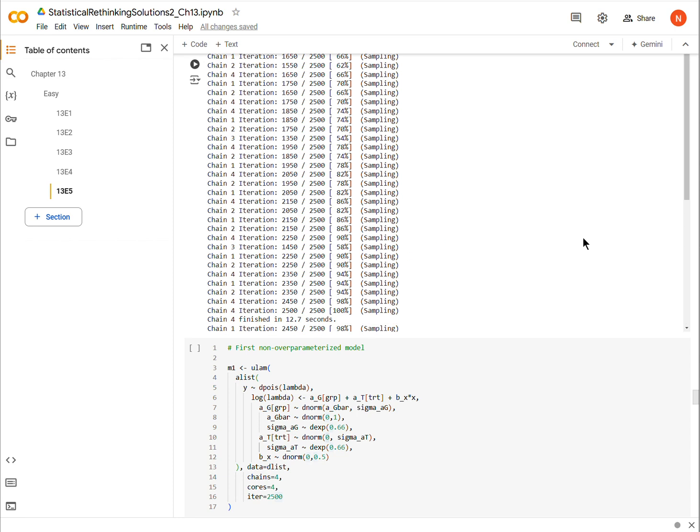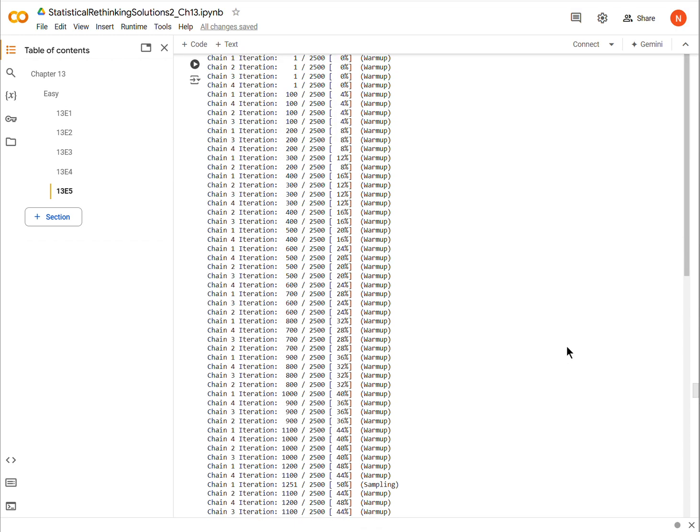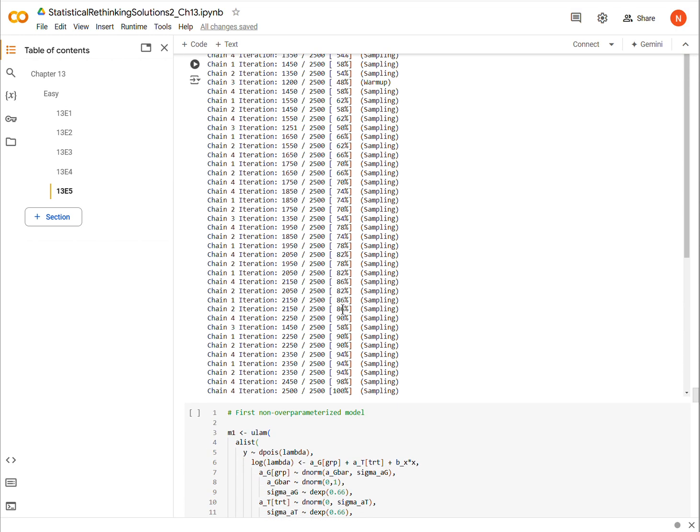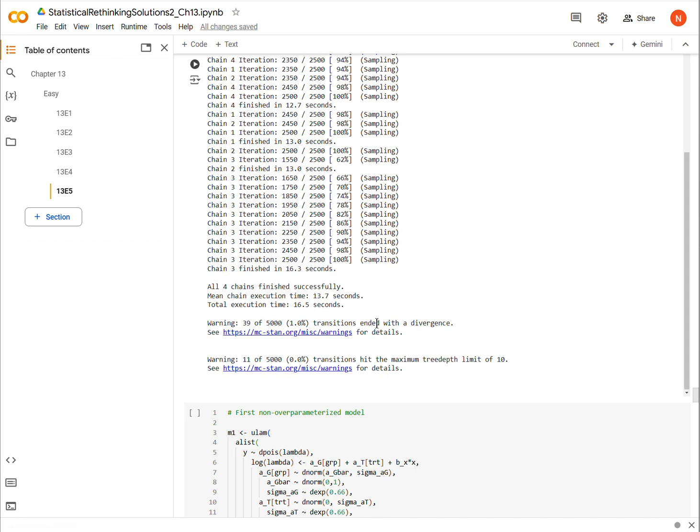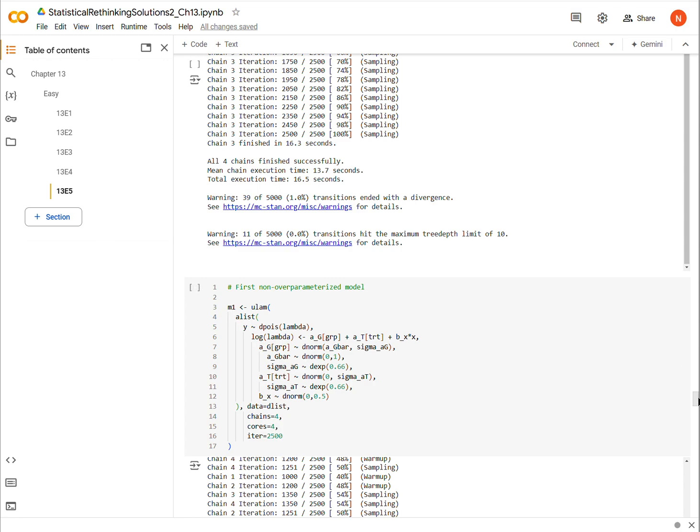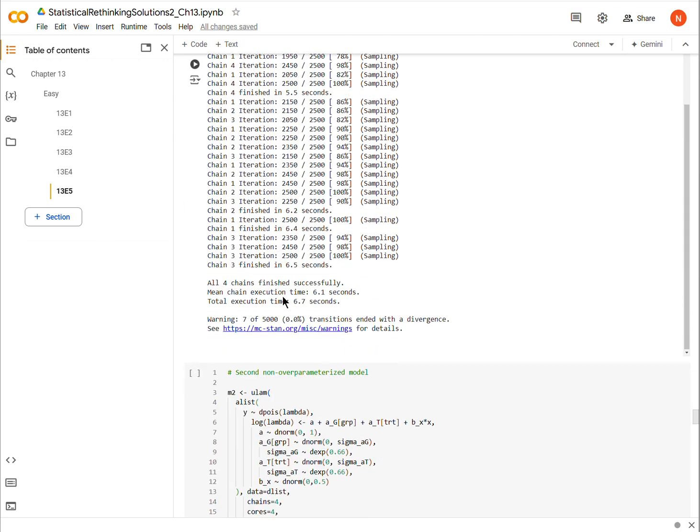Now, it wasn't a big problem here, but in this first model, the overparameterized model, the model had a little bit of difficulty running. Okay, so we had some divergent transitions and a maximum tree depth warning, which isn't always a big problem, but it suggests that the posterior space is maybe too broad to be explored thoroughly. Okay, so you see that the chains had some problems running in this particular model, and that was not the case